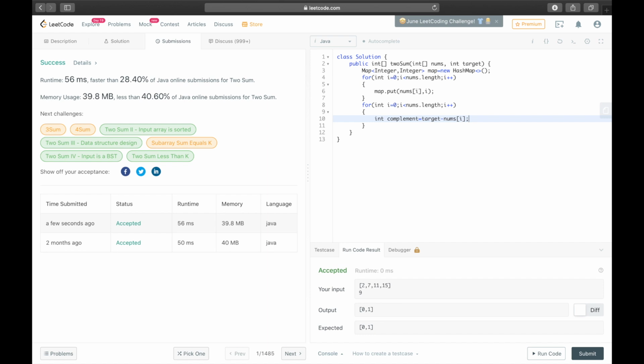Once we do that, we check if our hash map already contains the value that our complement variable is going to store.